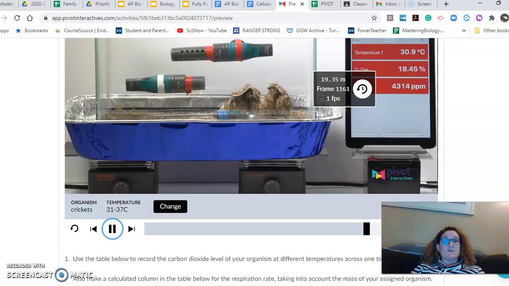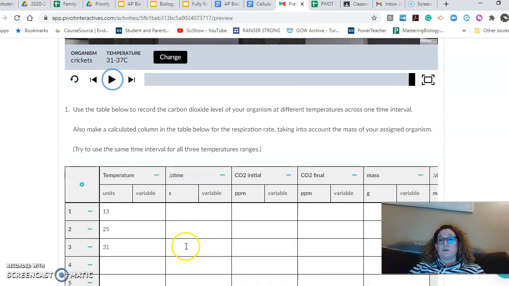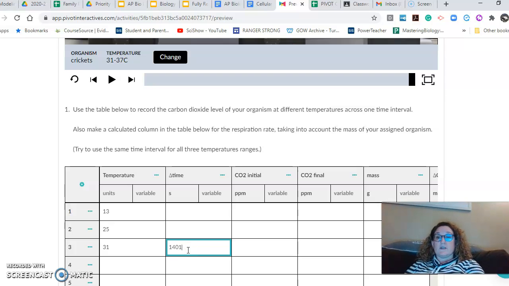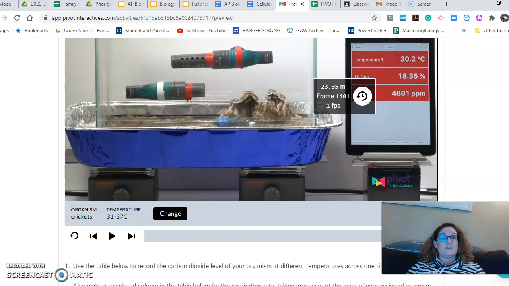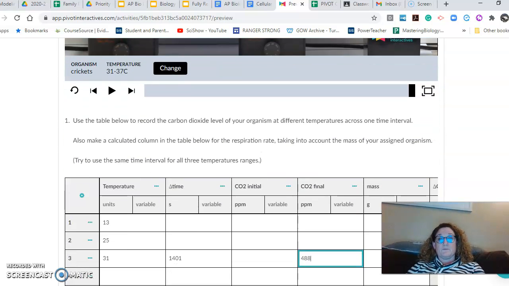If you forget to record the initial time, or the initial carbon dioxide value, you can get it at the end. So this was our total time. The seconds is 1401 because it's 1 frame per second. My temperature was 31 degrees, so I would put 1401 here. If I forget to get my initial CO2, I can go back and get it, but I'll go ahead and record my final CO2, which was 4881. And then my initial CO2